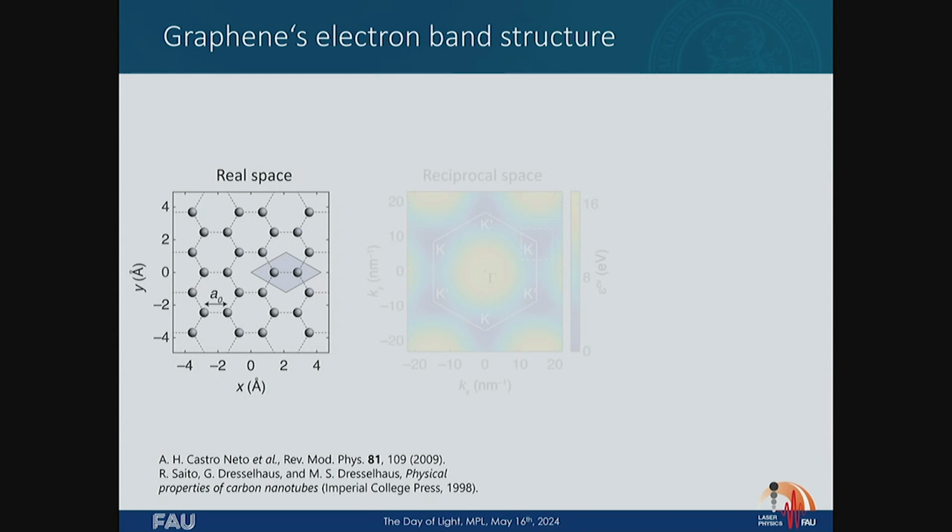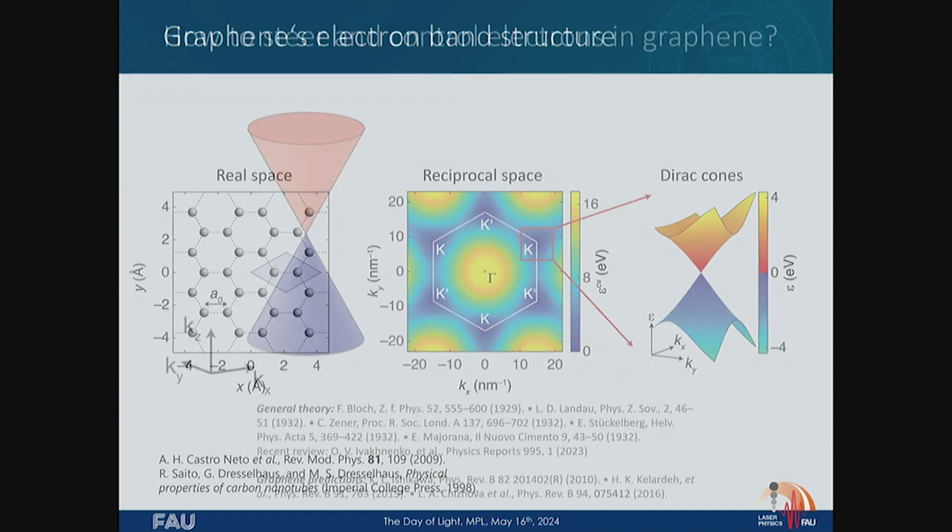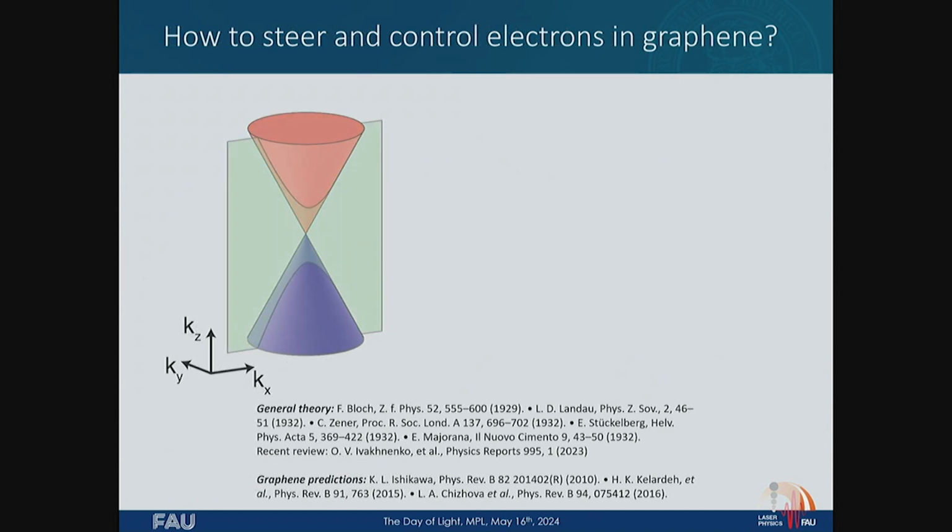Fun physics, fun to explore, and we explore it in graphene. You know, this hexagonally arranged single plane of carbon atoms. If you go to reciprocal space, you get these famous K points in your Brillouin zones where the valence band and the conduction band touch at one point. That's actually not so important for us, but this makes graphene so interesting for many. We don't really care if they touch or not.